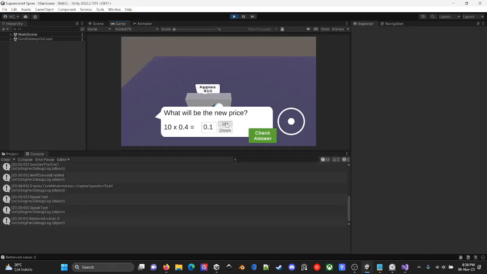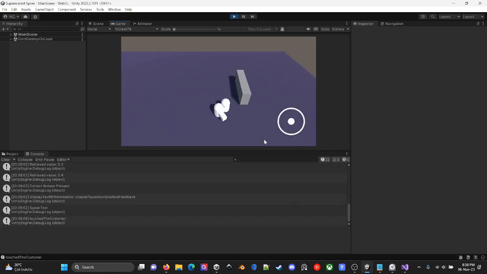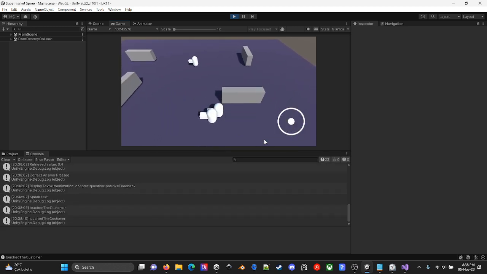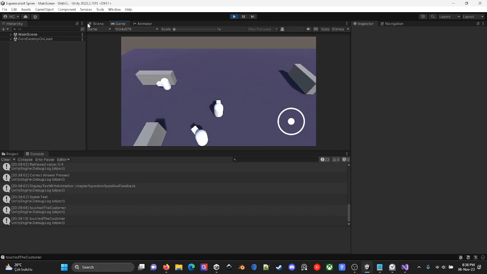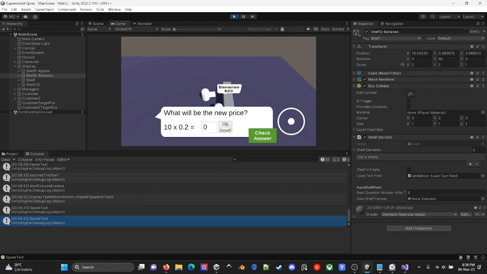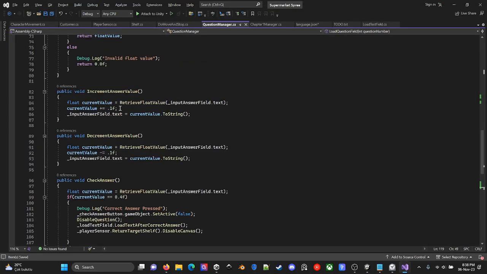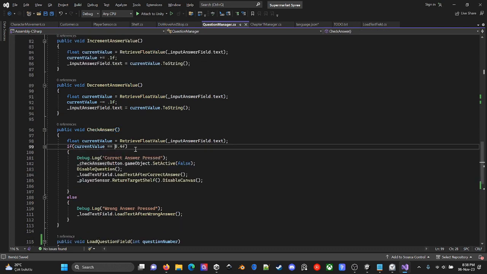Character 1 to the 1 2 3 4, check answer, perfect. Touch the first customer and touch the second customer. They both go to the first shelf, buy some elements, the new price. Please try it again. Okay, it is asking for the same. Check answer. I need the if current value is